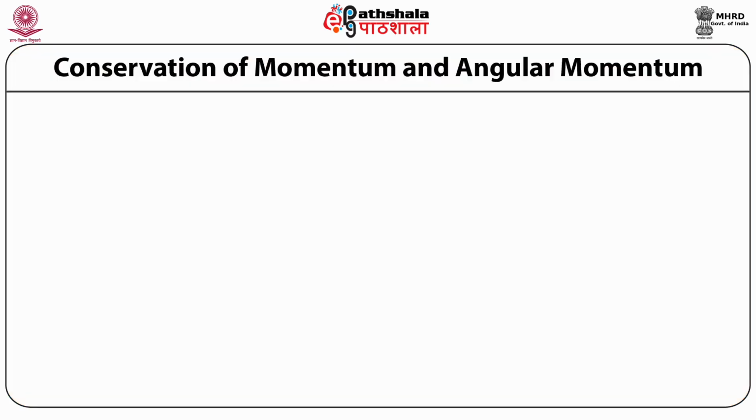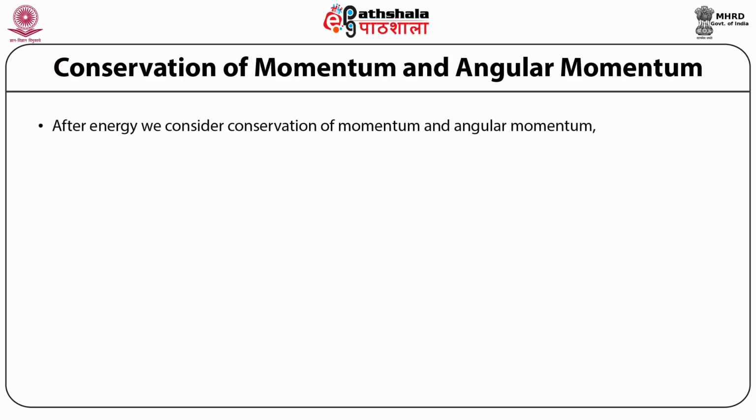This module, as you will see, is a continuation of the study of the conservation laws for a system involving electromagnetic fields. Whereas in the last module we looked at the law of conservation of energy, in this module we study the laws of conservation of momentum and angular momentum. Conservation of momentum and angular momentum. After we have discussed the conservation of energy in the form of Poynting's theorem, now we come to the other conservation laws that are of interest in electromagnetic theory, namely the conservation of momentum and the conservation